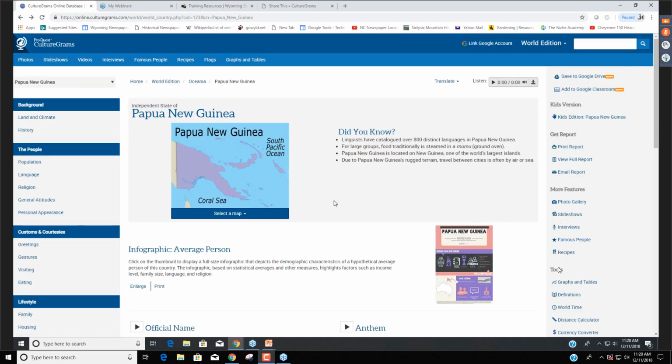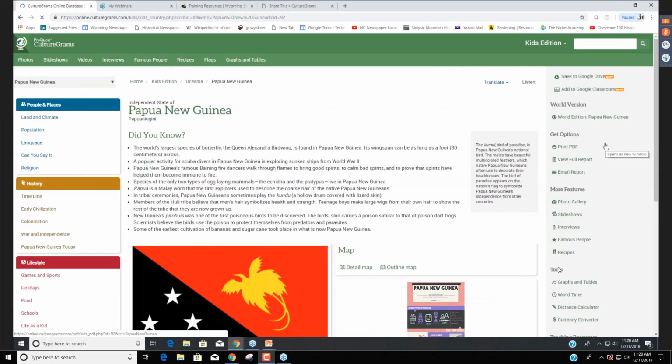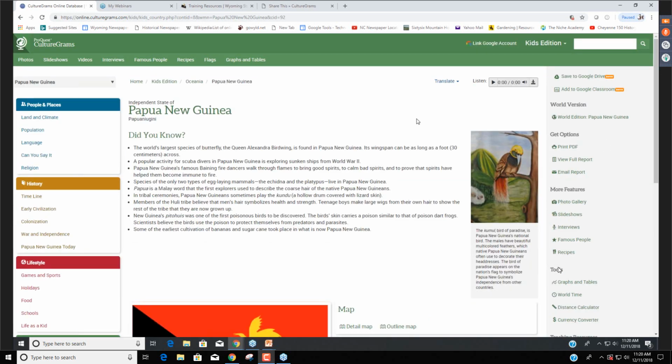Back here on the main page, also on the right-hand side, you'll see that I can link to the kids version of Papua New Guinea. So if there is a kids version of this country, I can go straight to that version. I'd encourage everyone to use both the World Edition and the Kids Edition, because as you see, there are different things that are highlighted, beginning with